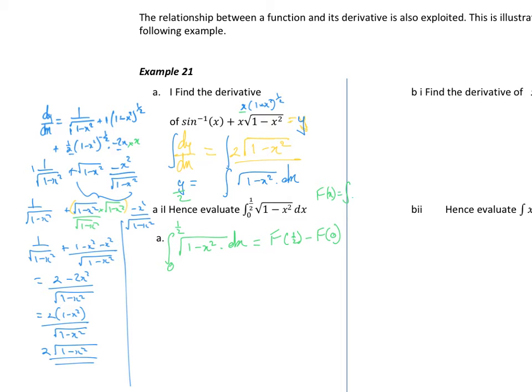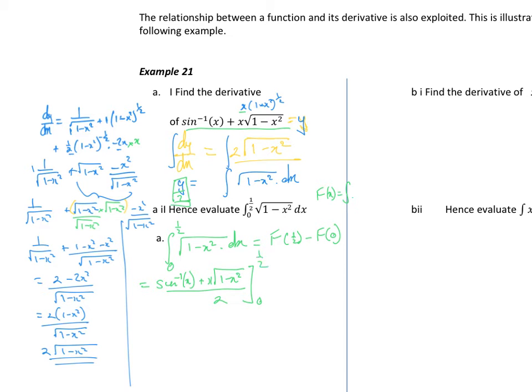Yeah? And the antiderivative is the y function, which is all of that. So that's simply going to be equal to sine inverse of x plus x square root of 1 minus x squared, all on 2 because it was a half of y, evaluated between